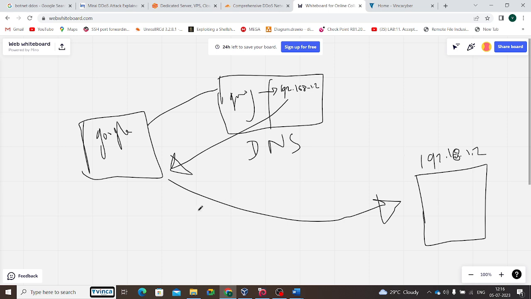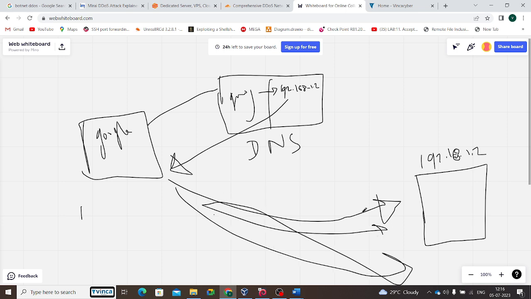What happened here? He will try to do DDoS attacks. Using tools like Slowloris or GoldenEye, he will send a number of requests to this IP address.